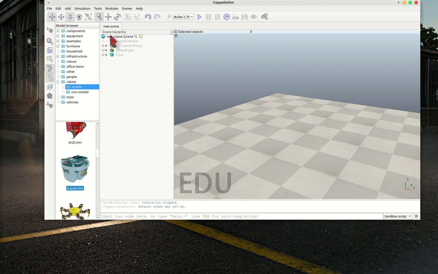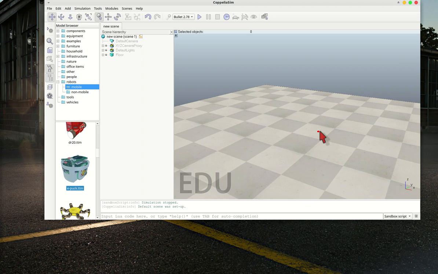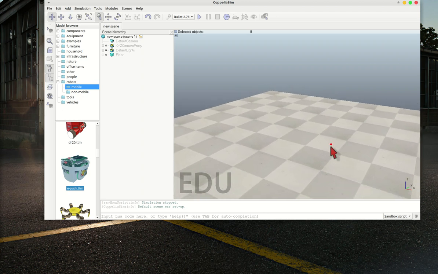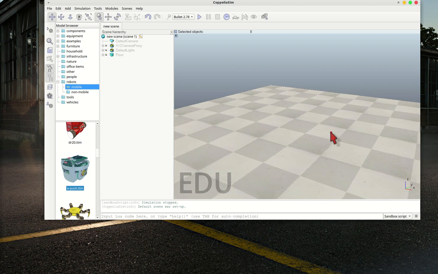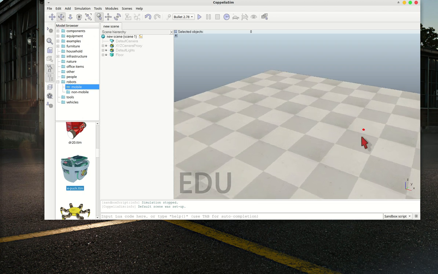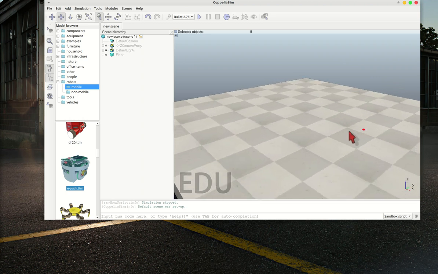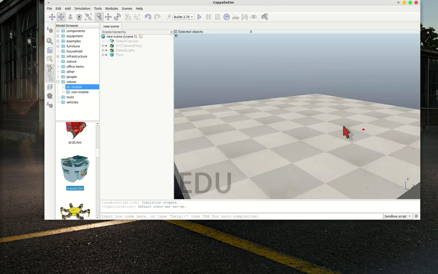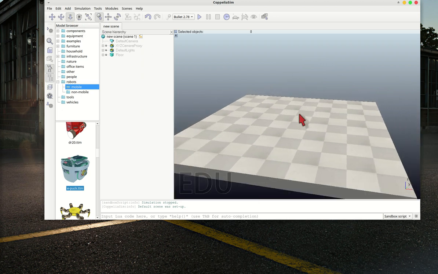So the first one is to camera pan. This is from the view of the camera. So when you move the camera, of course the view will be changed. And the second one is to rotate. When you rotate the camera, your view is also rotated. And the last one is to zoom in and zoom out.